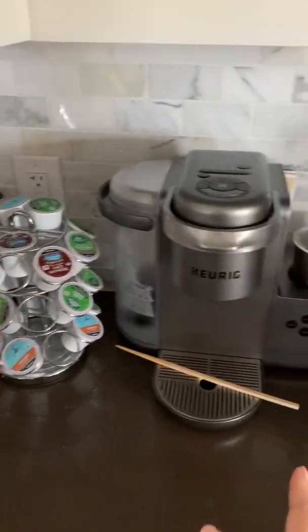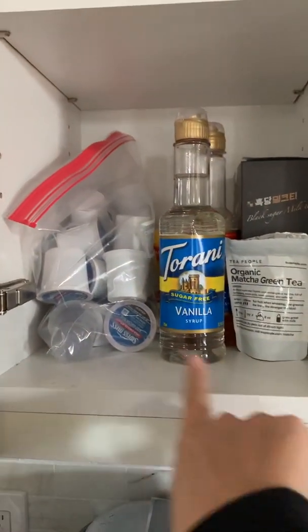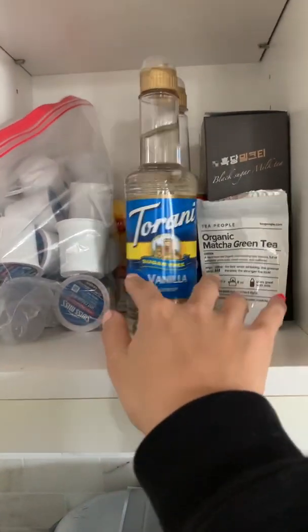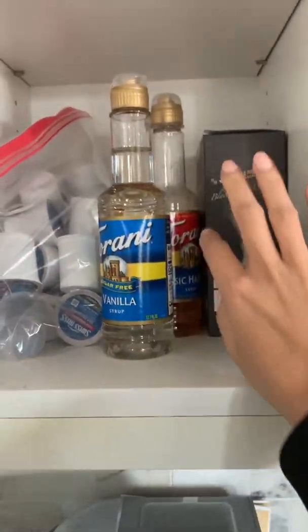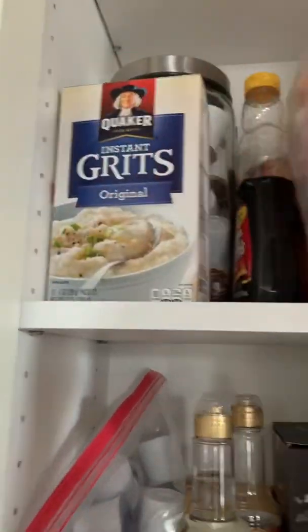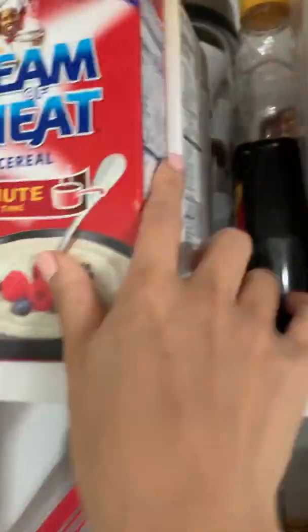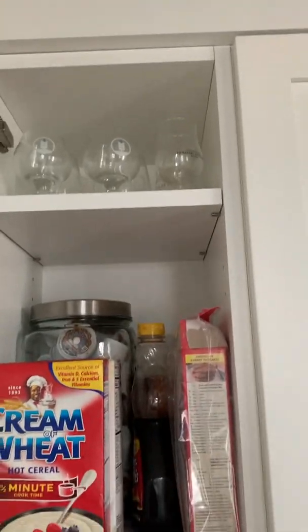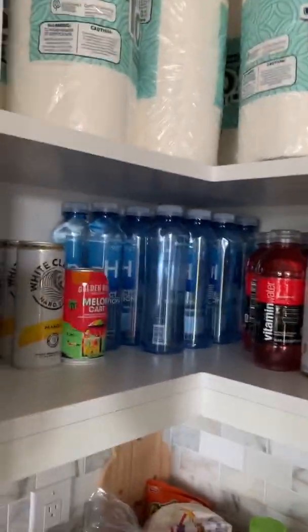Then I also organized this section because we have a coffee maker set up right here. And this is our hot cocoa bombs, but we also have pods right here, some flavorings right here, a little bit of creamer, hot milk tea stuff, all the breakfast stuff here, grits, more backup of my coffee pods right there, glasses that they don't use, which are wine glasses, this corner spot here, which I saw potential of being